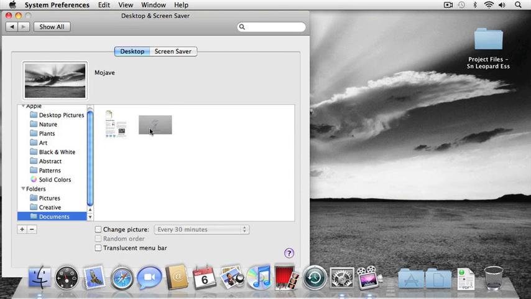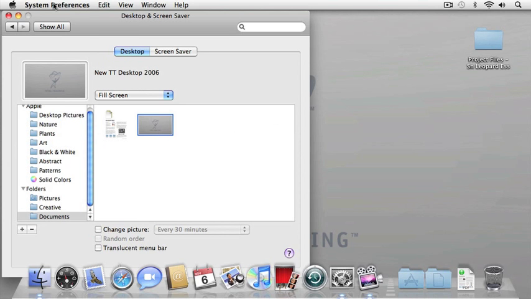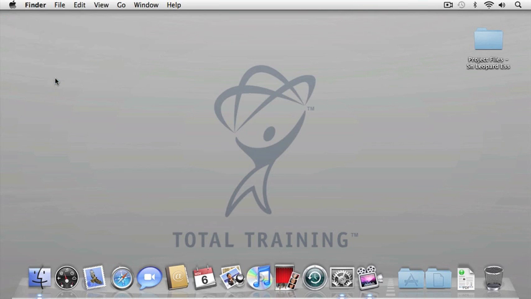I'm going to go ahead and go back to my Total Training desktop, and then I will quit System Preferences, and now you can see the desktop that I've chosen for my particular